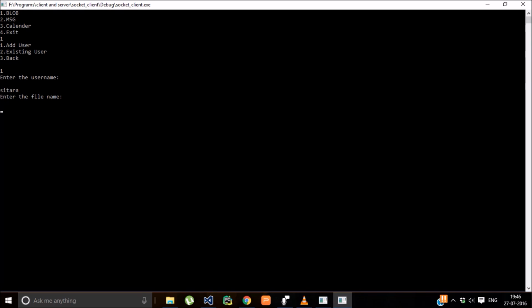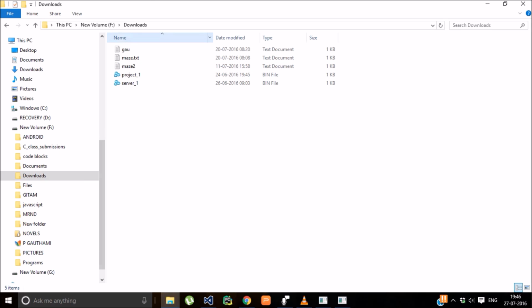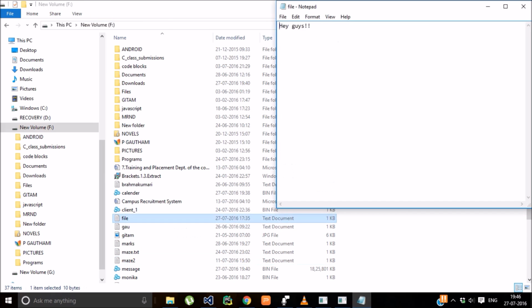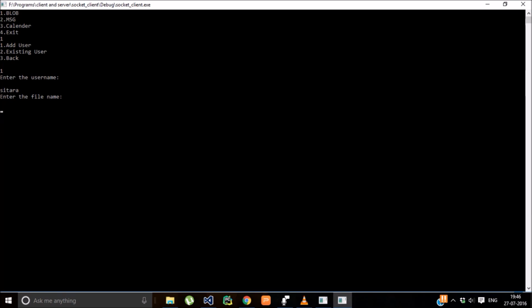So now the file name. The blob is actually used to upload and download files. The file which we are supposed to give here is expected to exist in the F folder. We already have certain files in the F folder. So there's one of the files, file.txt, which has hey guys written in it. So let's add the file.txt,